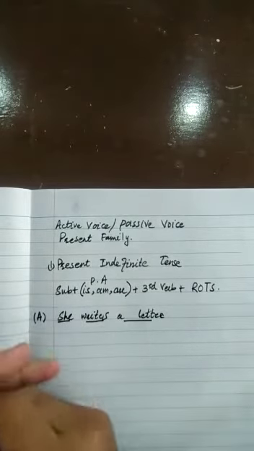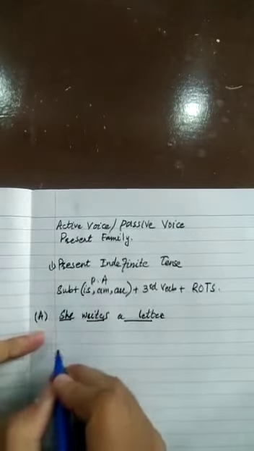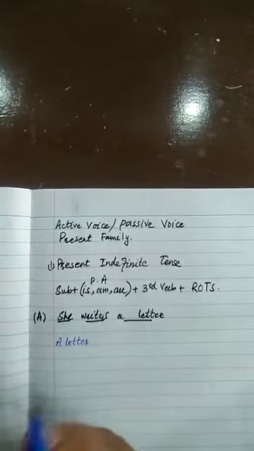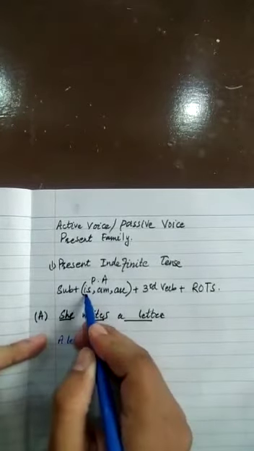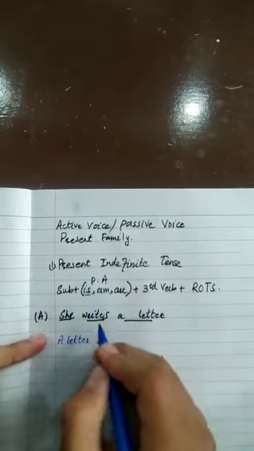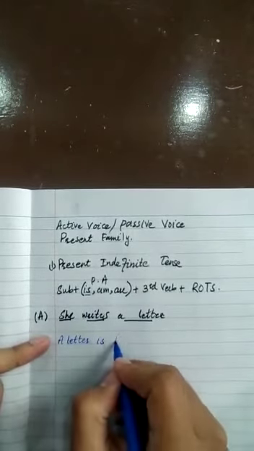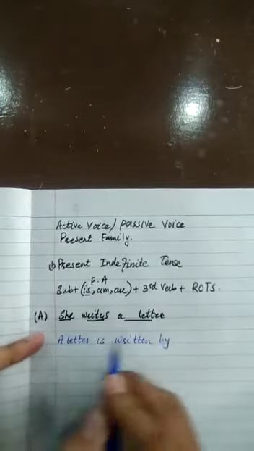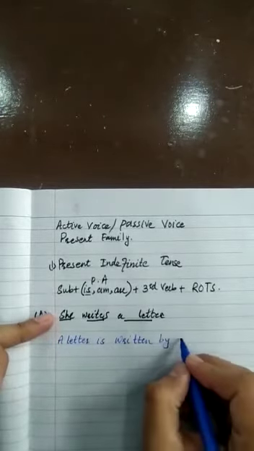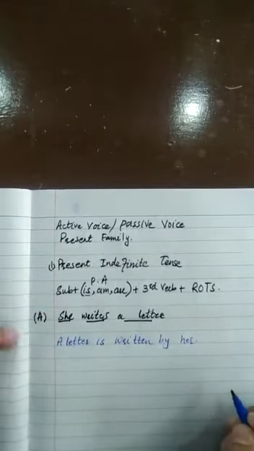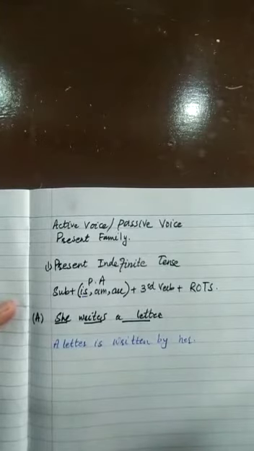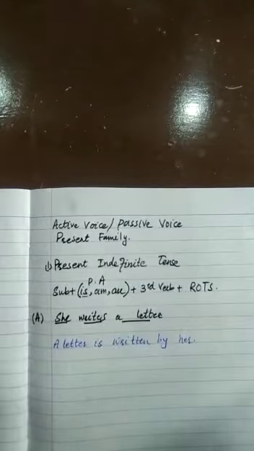There is an object, so bring this object to the beginning. Look, as I told you, a letter is singular, so for singular we have to use is. What is the third form of write? Write, wrote, written. By. What is the object of she? Her. So it is very easy. If you know those rules and regulations, you can easily change every kind of sentence into passive voice. Have you got the point?